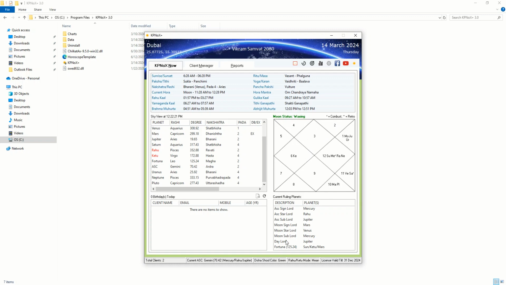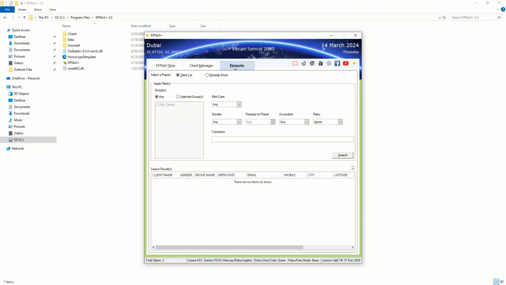And secondly, you will also notice that the moon's sublord has been shown here as one of the ruling planets. Now apart from that, you will also notice some changes here under reports. You can now filter using either the ascendant, or you can also check if a particular planet is in retro. For example, in this case, if you just click on search, it will show you all, none of the filters are applied. But let's assume you want to see a chart wherein the ascendant is, let's say,